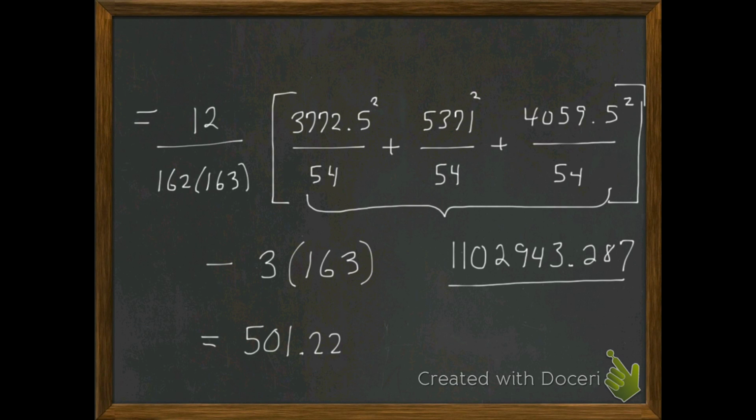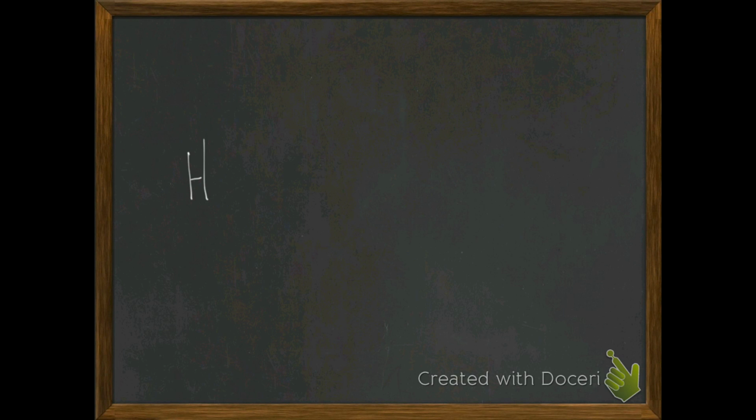501.22 minus 3 times 163. And I get 12.22. Okay, hopefully I did that right. So gang, our H, and then we'll of course follow up with a p-value, and of course make the appropriate decision, or at least